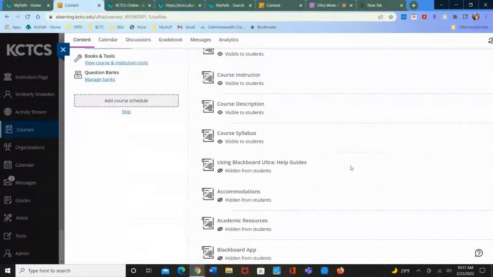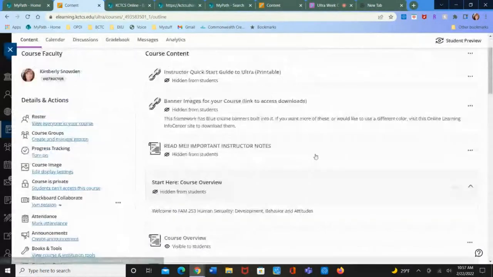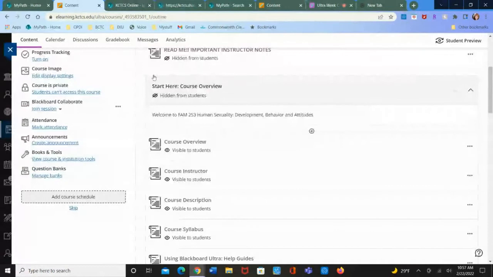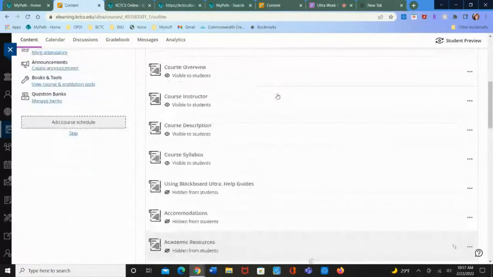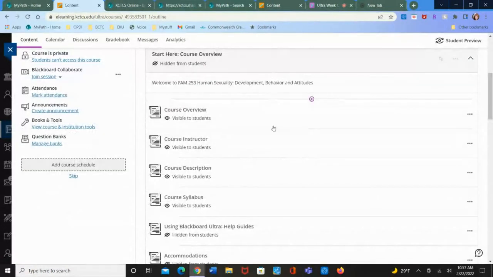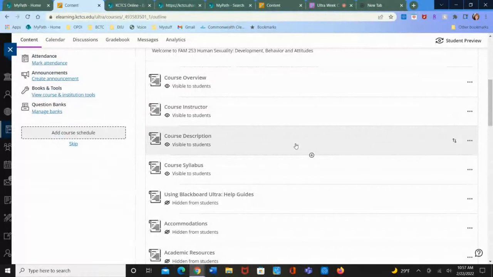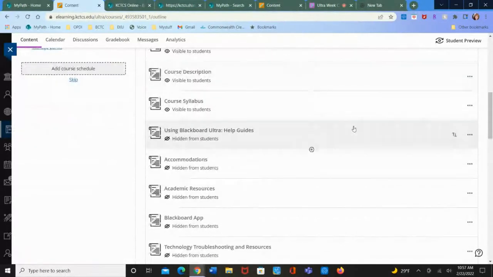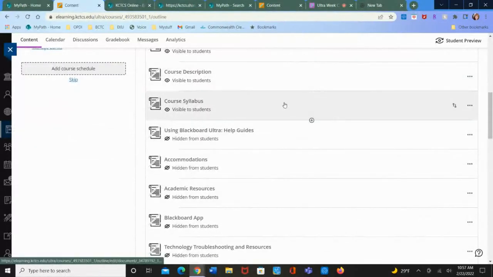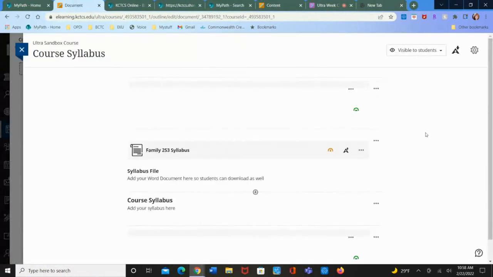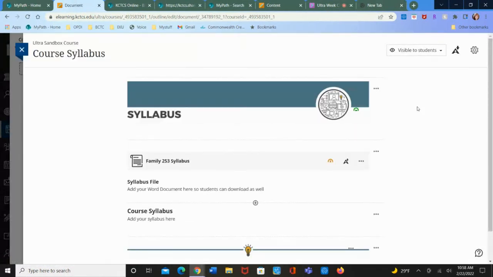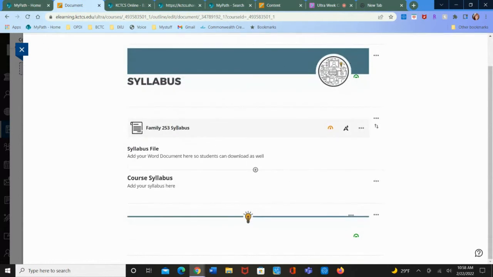So here, pretty much this whole module right here, again, this is a module you can see, everything in it is pretty much your course introduction where you have your syllabus, your course description. So all of those things are found here. Here's where you can add your syllabus. So you'll be adding a document. I have already added mine. So if I wanted to, I can